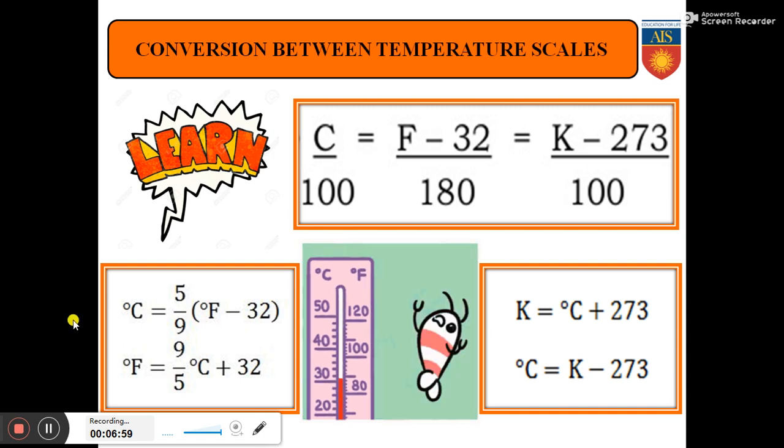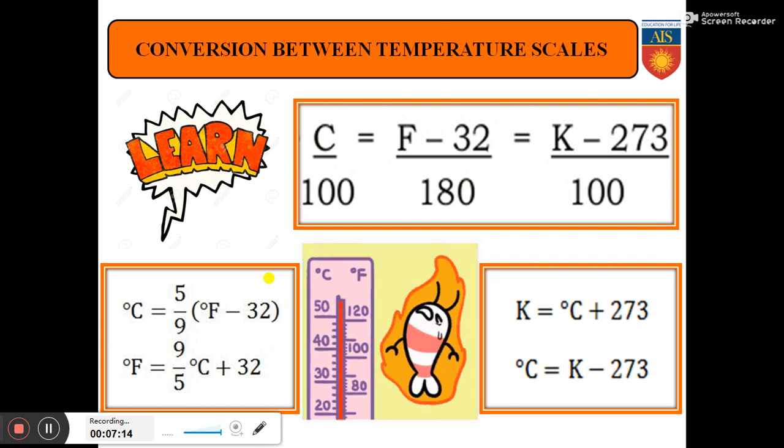And this is basically a simplified form of this entire formula. So C by 100 equal to F minus 32 by 180 is simplified to get this particular formula. Do not panic, we will do this in class when we come to this portion as well. So remember this formula, and conversion between Celsius and Kelvin is very easy because Kelvin is equal to degree Celsius plus 273. Whatever value you get in degree Celsius, if you add 273 to it, that gives you the Kelvin value. So you have to remember all of these formulas.